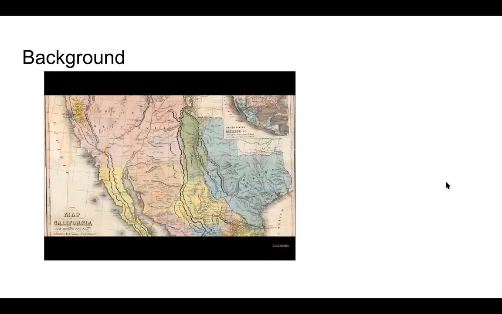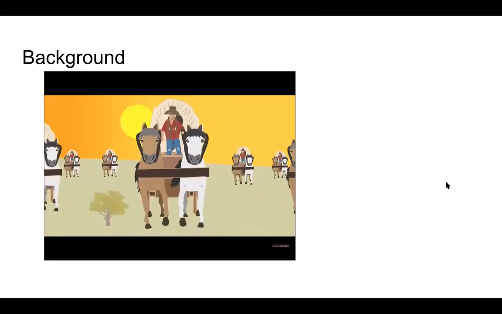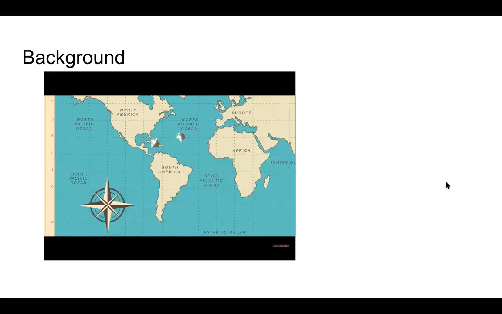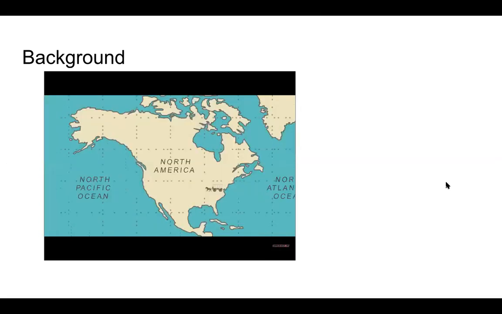Not many Americans lived in California, but that soon changed. By 1849, thousands upon thousands of people arrived in search of gold. The journey to California was dangerous. Some would go by sea from the East Coast, or on land along the California Trail. These people would become known as the 49ers.